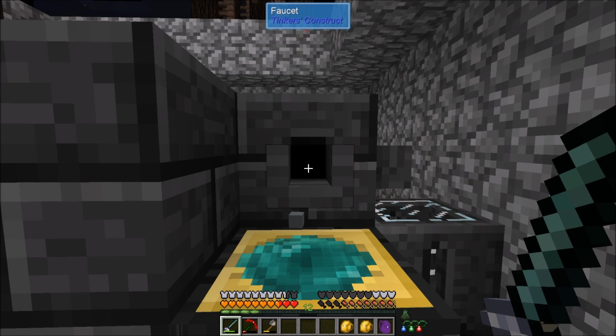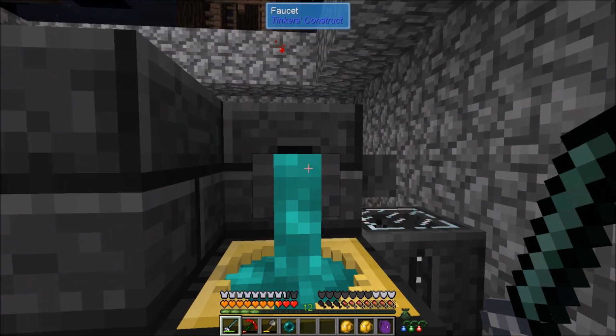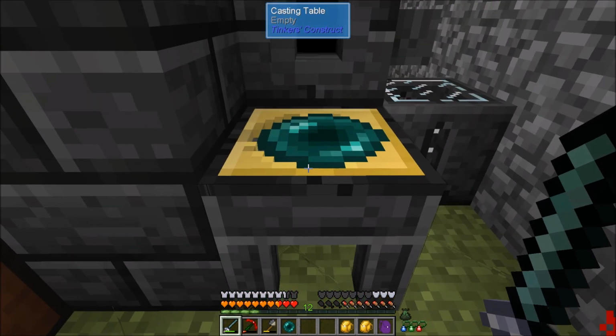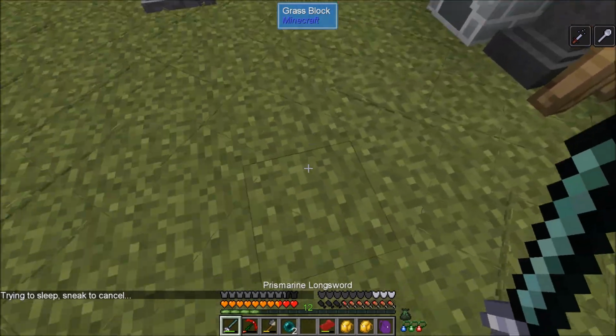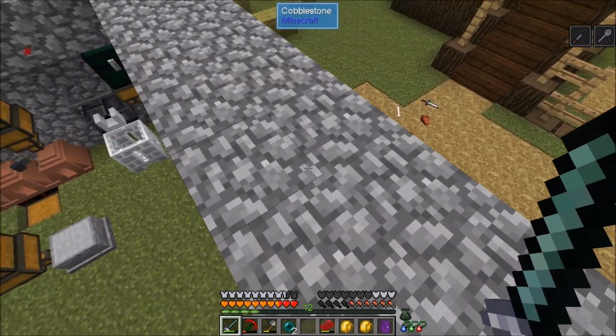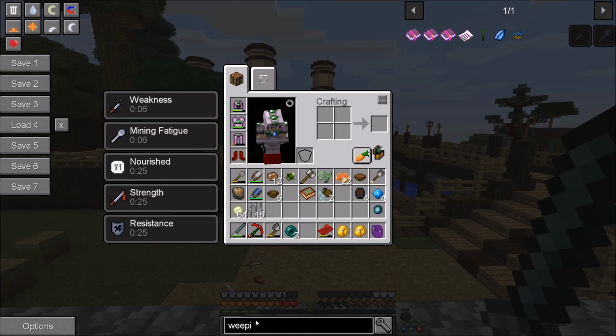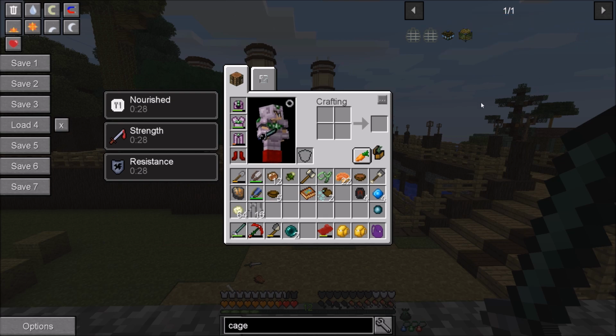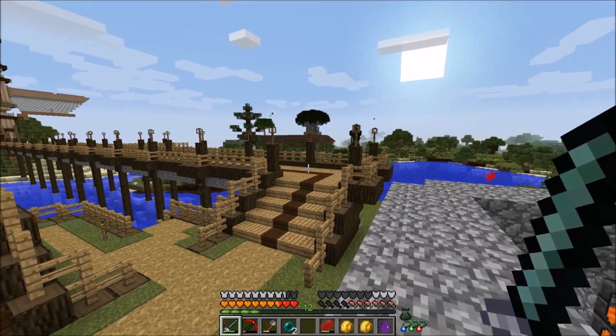So, last episode, of course, we wanted to move that sludge, right? And I couldn't. I was like, no, I can't move this, because I had no way to move it. But Zephyr Windspirit brought up in the comments the Interdimensional Cage from Abyssalcraft. I totally didn't think about that. So we are going to be crafting ourselves an interdimensional cage and getting Sloppy Joe over from the Betweenlands to